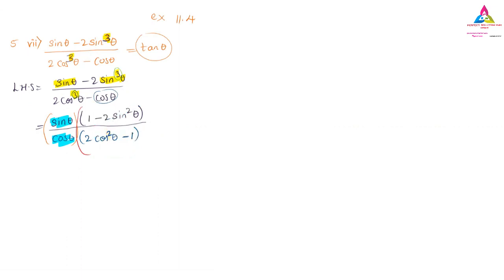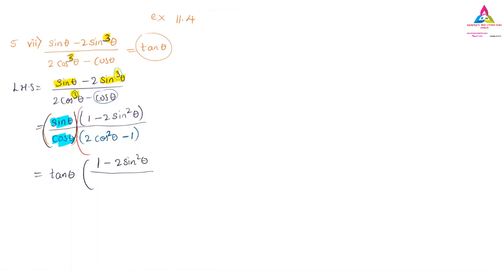So what I will do is, the sin by cos, that I can write as tan, so I will write that directly as tan theta. So I have written this sin by cos as tan theta. So we want this on the numerator and denominator only, that is the problem for us. So I will take minus 1 minus 2 sin square theta, I will keep it as it is.